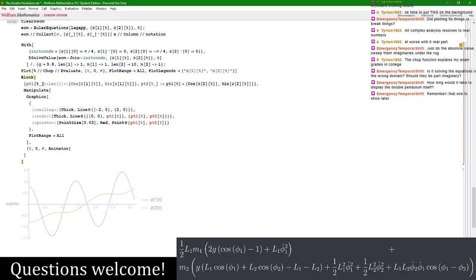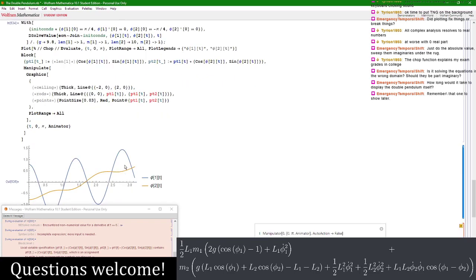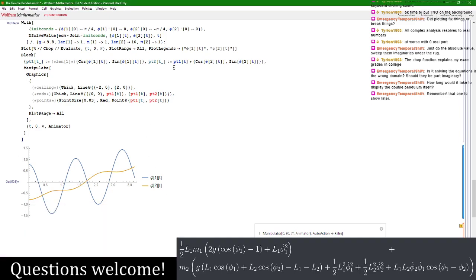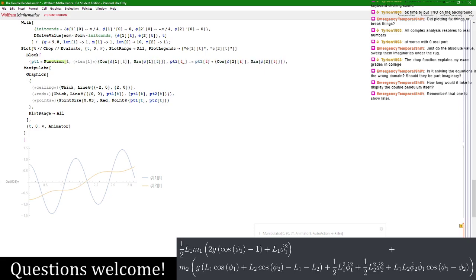Oh, that's interesting. Yep, it doesn't like that. That's because the block local specification contains an assignment, and only assignments to simple symbols are allowed. So in this case, you have to be rather pedantic and say pt1 is a function of